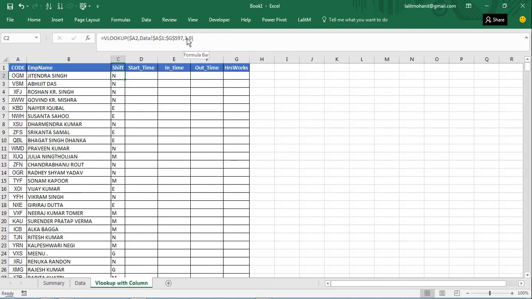I have seen a lot of people just copy this data and place it here and then again re-enter 4, and in this way they do it for all the rest of the columns. So to solve this problem, just select,